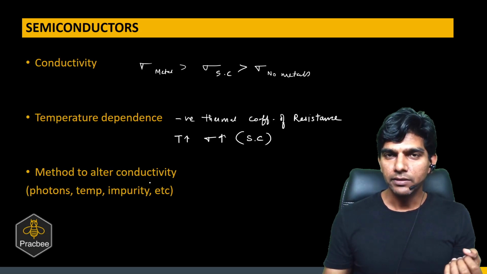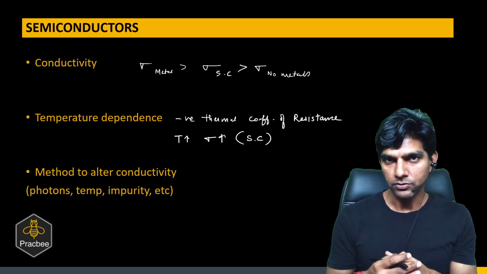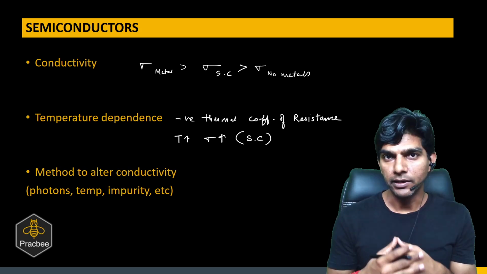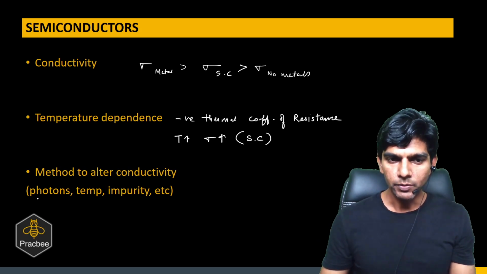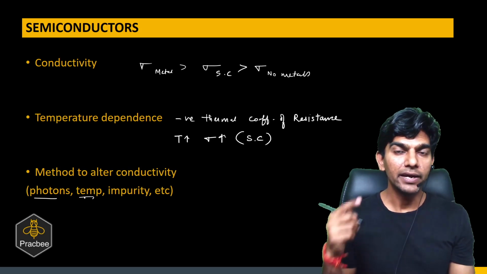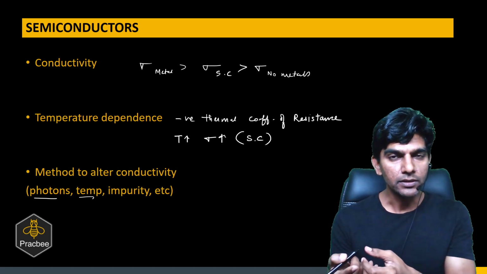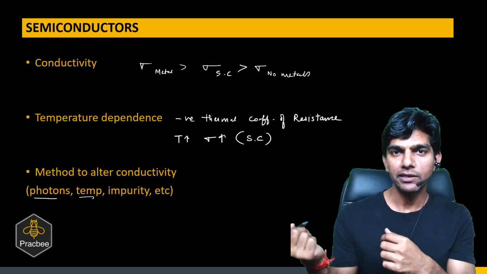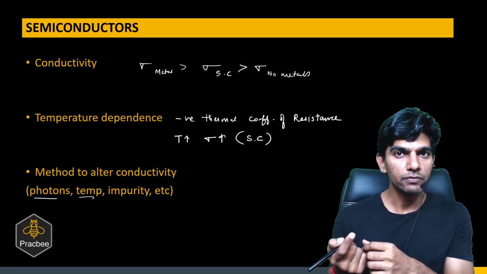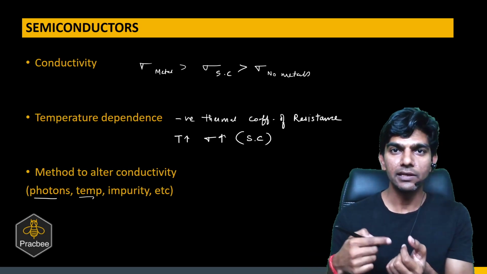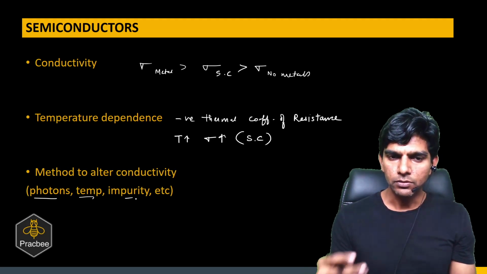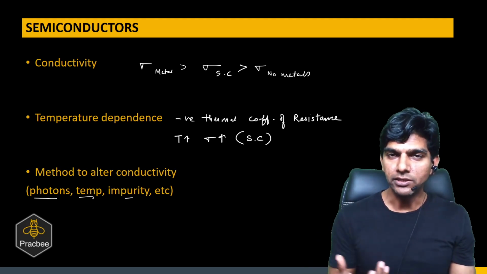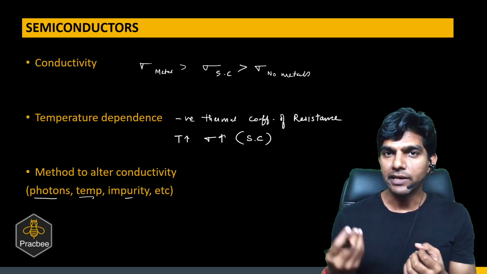There are certain methods with which we can alter the conductivity of semiconductors. That is the reason we use them extensively in all electronic devices, because we can alter conductivity. There are various ways. One is by giving energy in the form of photons, or by changing the temperature, or by replacing some of the semiconductor atoms with some other atoms. We'll see in extrinsic semiconductors, if we replace silicon with aluminum or silicon with phosphorus, we can alter the conductivity, right? To understand how the conductivity is changing, we should understand how the electron is bonded to the